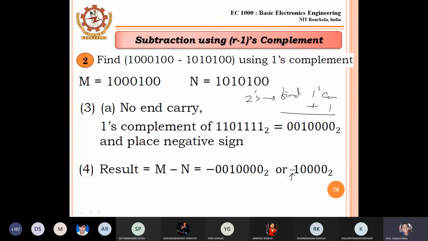Sir, here it is giving using one's complement, so we have base 2. If there is something other than 1, we will not get base 2 for these binary. If we try to perform the subtraction m minus n using 7's complement, sir? Okay, this is beyond your syllabus because we do not follow it. In this case, R minus 1 will be 7, then R equals 8. So you have to perform all the mathematics using 8.